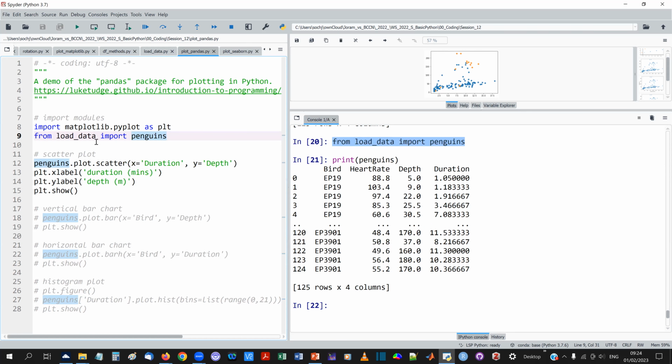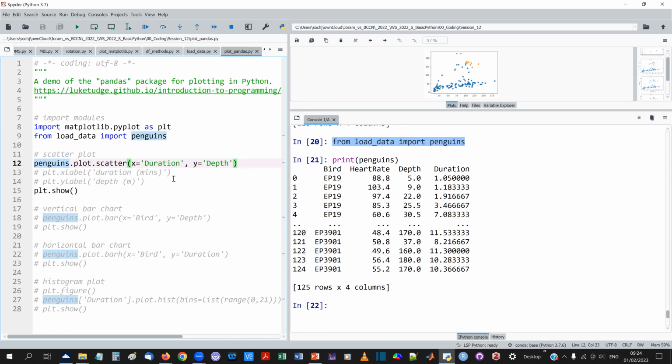Okay, so now we saw that each data frame in pandas has a subsection called plot, and in this subsection there are a couple of methods for plotting, among them scatter. How does scatter work? So basically it's very easy. You have already specified the data frame from which to take the data because you're applying a method to this data frame,